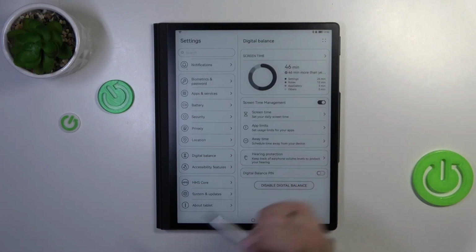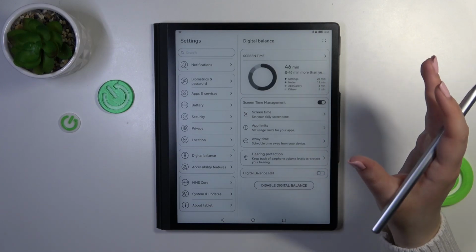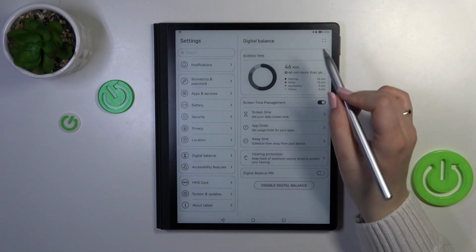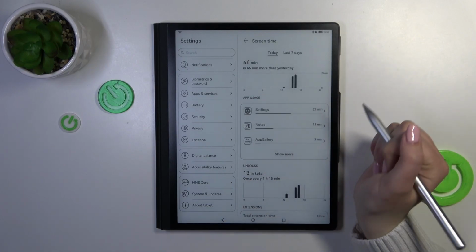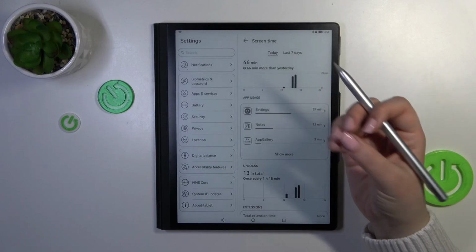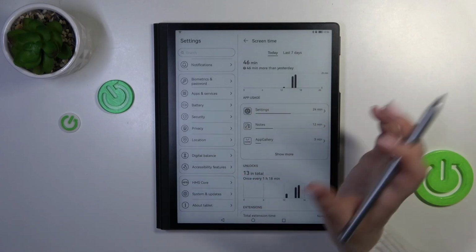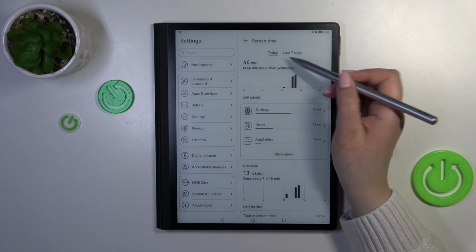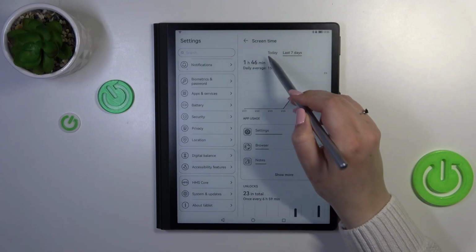First of all, I just wanted to show you that you can check some details about the screen time. So all we have to do is simply tap on this section, and as you can see, we will be transferred to the dashboard, which will show us how long we've been using this device in particular hours, or we can pick the last 7 days, and a whole week will be shown. What's more,